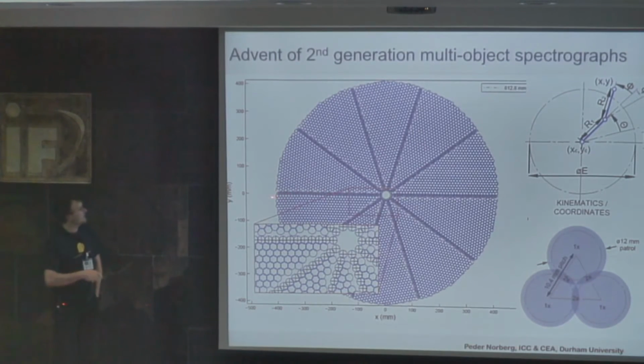This distance here is, in reality, 81 centimeters. So it's quite big. And you have all the different petals here. Each robot is positioned in one of the circles, and it has a way of moving around with 2 arms. So you can actually cover the whole field except where it stands itself. It can't cover back on its own position.